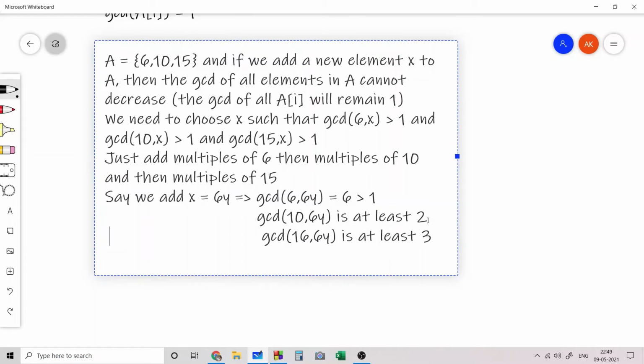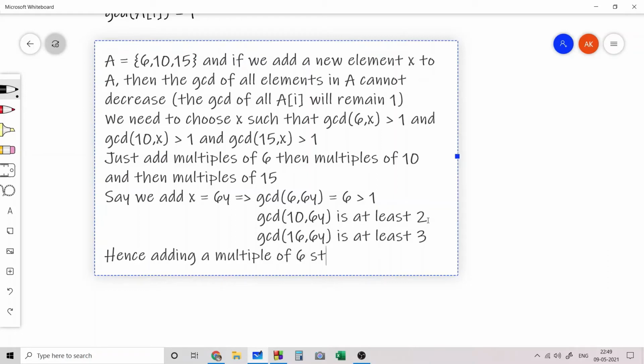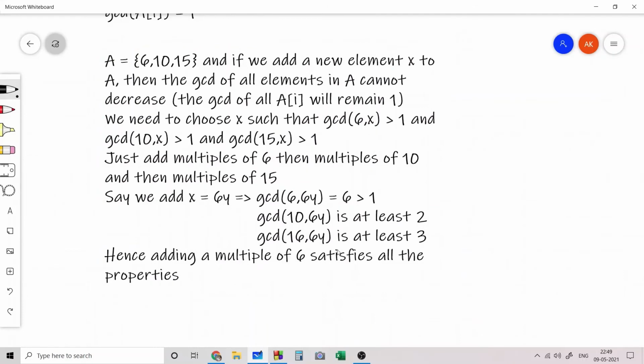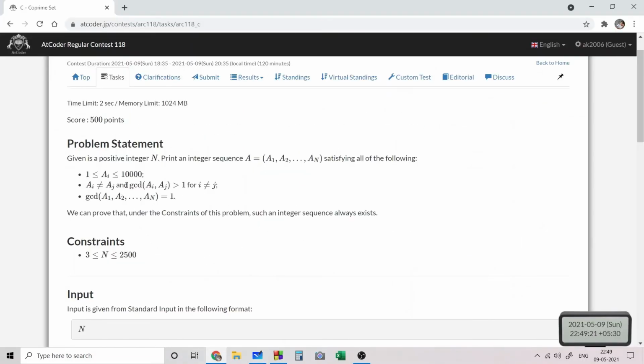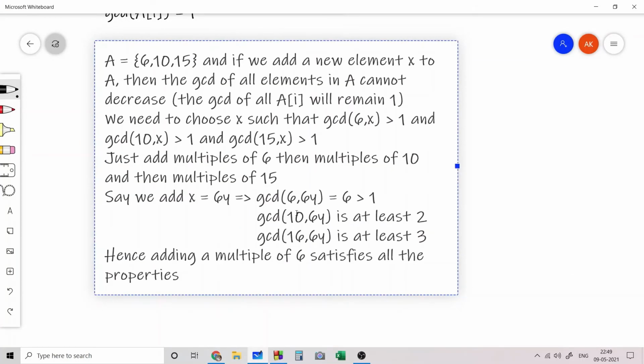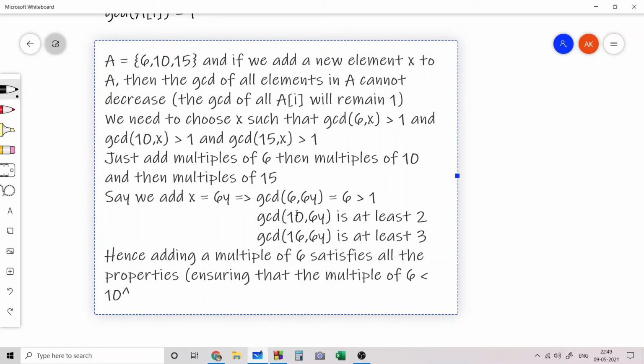Hence adding a multiple of 6 satisfies all the properties. We have satisfied the second and third property, and to maintain the first property we need to ensure that the multiple of 6 is less than 10^4.